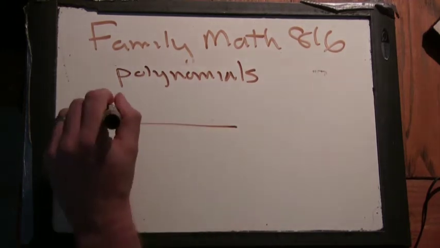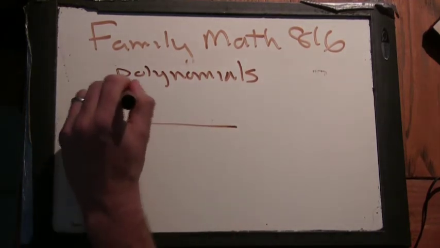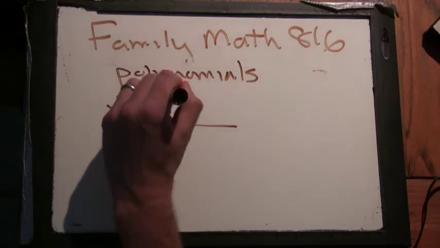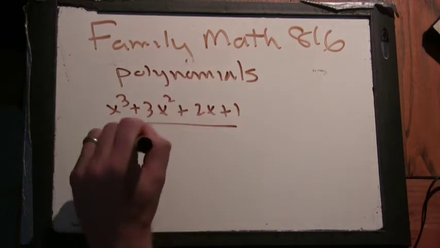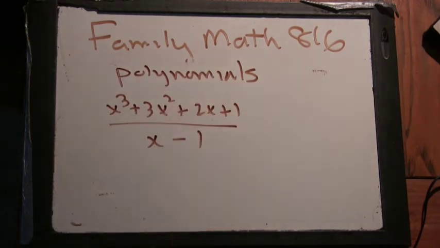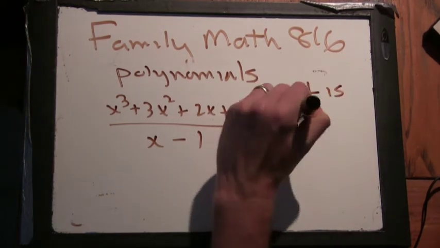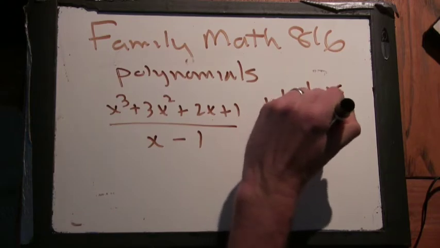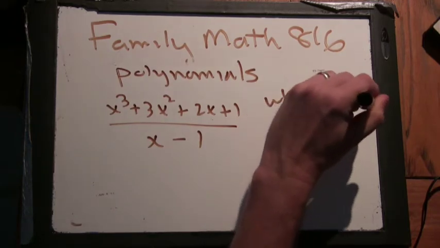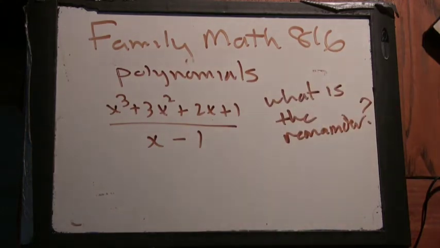So I have a polynomial like x cubed plus 3x squared plus 2x plus 1 divided by x minus 1. What's the remainder? Okay, so do you think this looks like a harder problem or the same problem? I think it's harder. Think it's harder? Why? Well, because